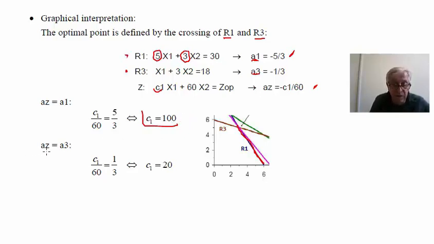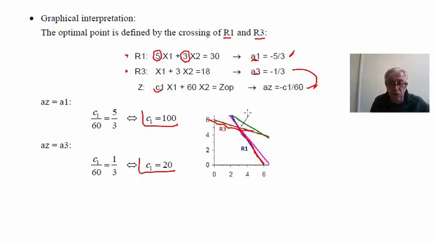If we consider the inclinations of the lines of z equal to the inclinations of restriction 3, that is, the lines of z will have an inclination equal to this line, the line that represents the boundary of restriction 3. So in this way, in that case, the lines of z and the lines of restriction 3 are parallel. So in that case, using this equation, we obtain the other limit.